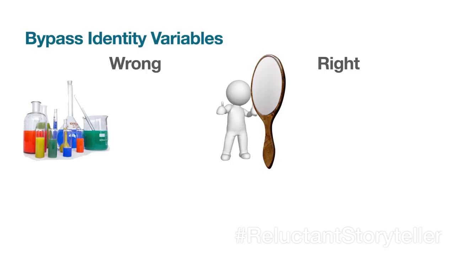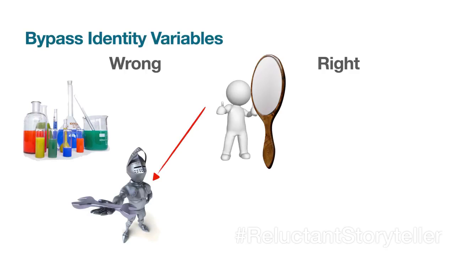Instead of going head to head with Robert's facts versus his identity variables, you need to bypass the mirror. You need to sneak your way around it, and stories are the way that you do that. Because what you do is, you give Robert a story in which he's the hero, or at least there is a hero with which Robert identifies, and that hero needs to be sufficiently similar for Robert for that to happen. His circumstances need to be sufficiently similar and all of that kind of jazz. But importantly, it needs to be sufficiently different so that Robert isn't threatened. His identity variables aren't triggered. He doesn't go into fight or flight mode.